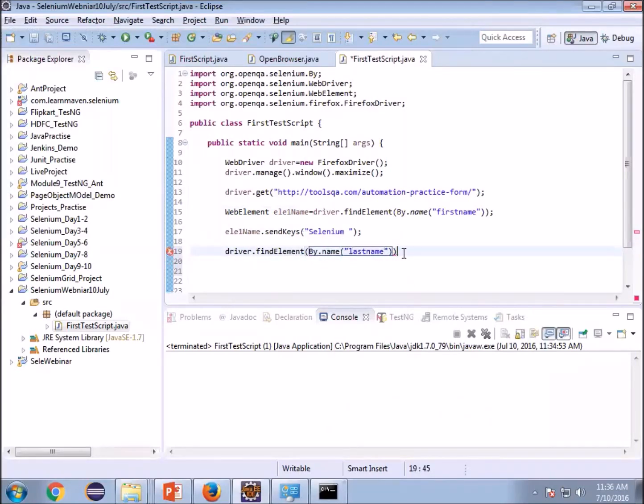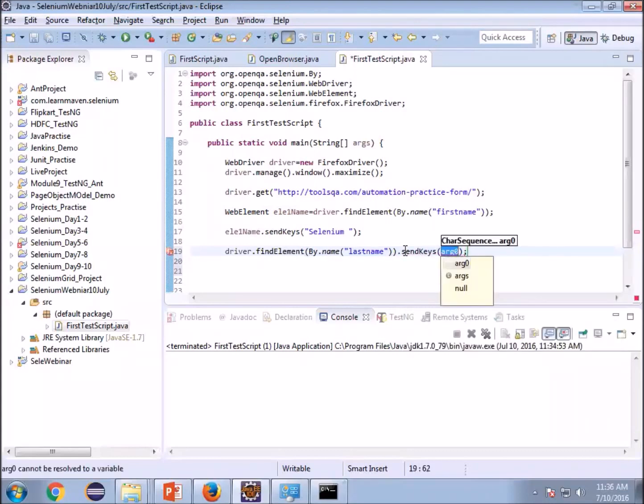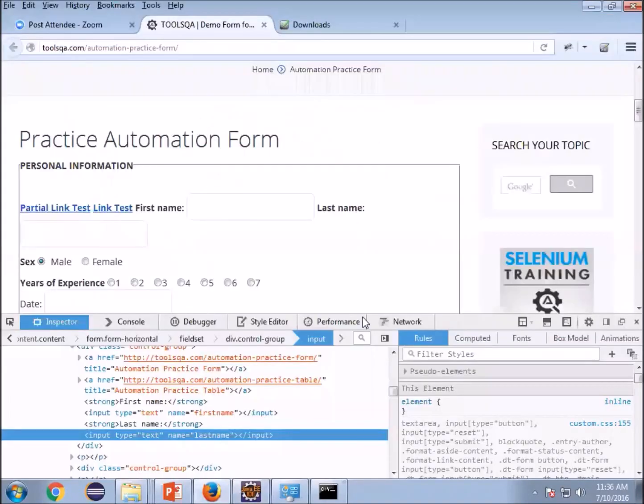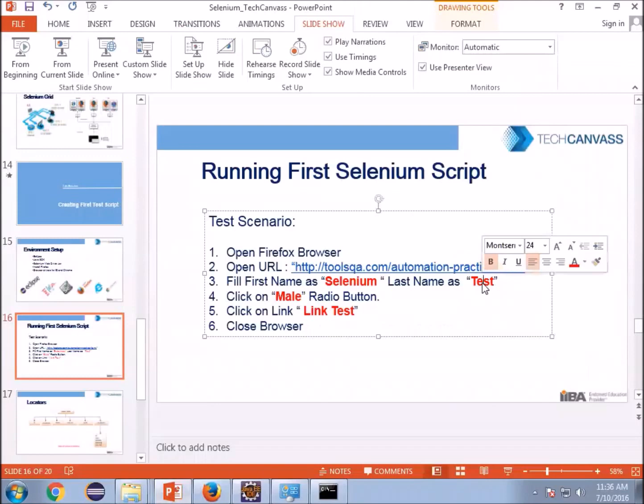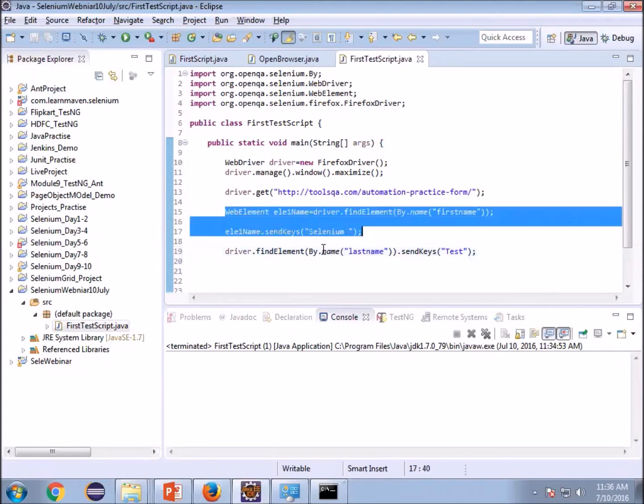Instead of writing two lines, you can directly send from here as well. You don't have to write WebElement ele1 if you are not using it again and again. So I will just say sendKeys. What we have to do as per steps is test, so I will pass test. Simple. So I have reduced my lines of code by 1.